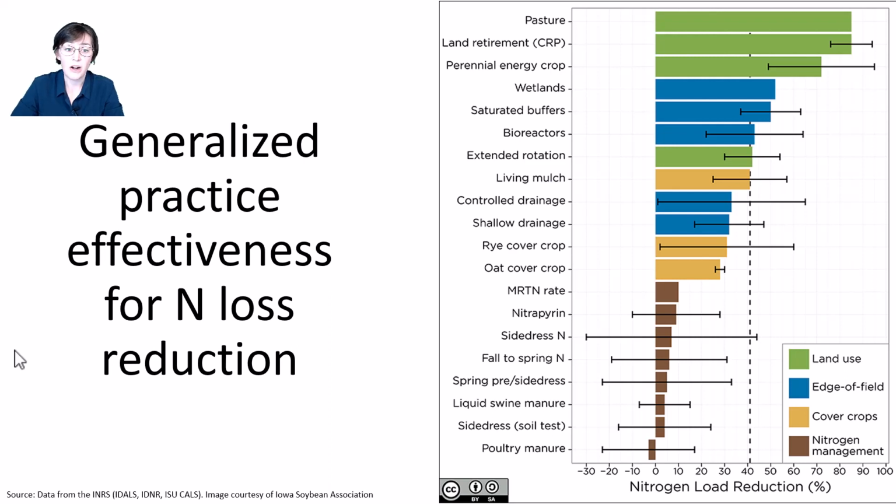Firstly, a bigger error bar could mean a given practice performs differently in different locations or in different years. That is, we have good data on a practice, that's a scientific known, but the numbers are variable. For example, there are years where cover crops don't germinate at all, and there's years where they do great. A second, different reason for a big error bar is due to uncertainty in the data. Perhaps there haven't been very many studies on that given practice, so there's just practice performance information that we simply don't know yet. That's a scientific unknown.